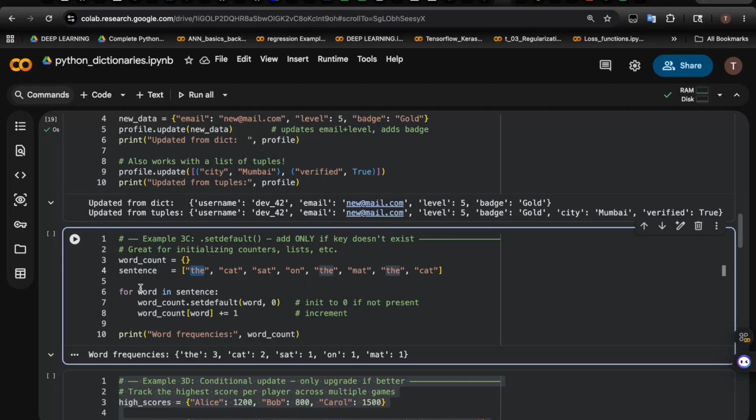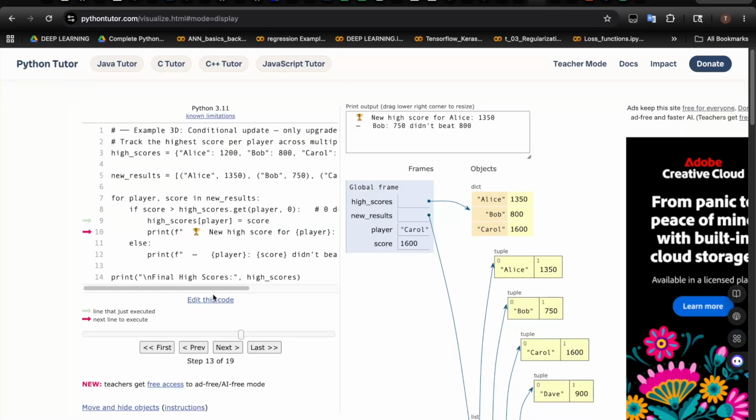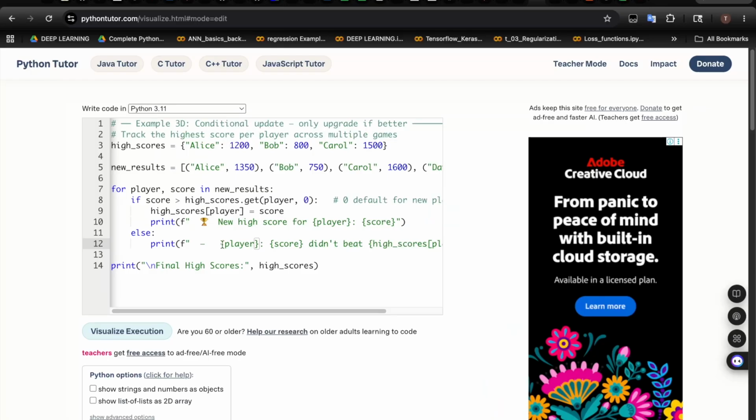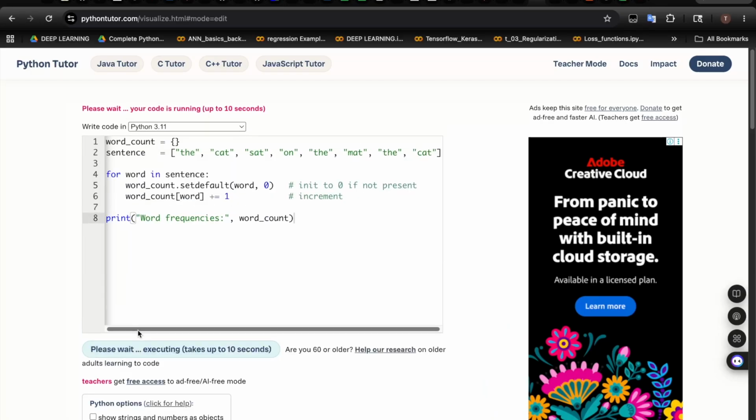So I'm running a loop on top of it: for word in sentence. What it will do is this word will pick the first the, then cat, then sat, then on, then all of them, right? And if I quickly show you the same thing in Python Tutor for your better understanding,